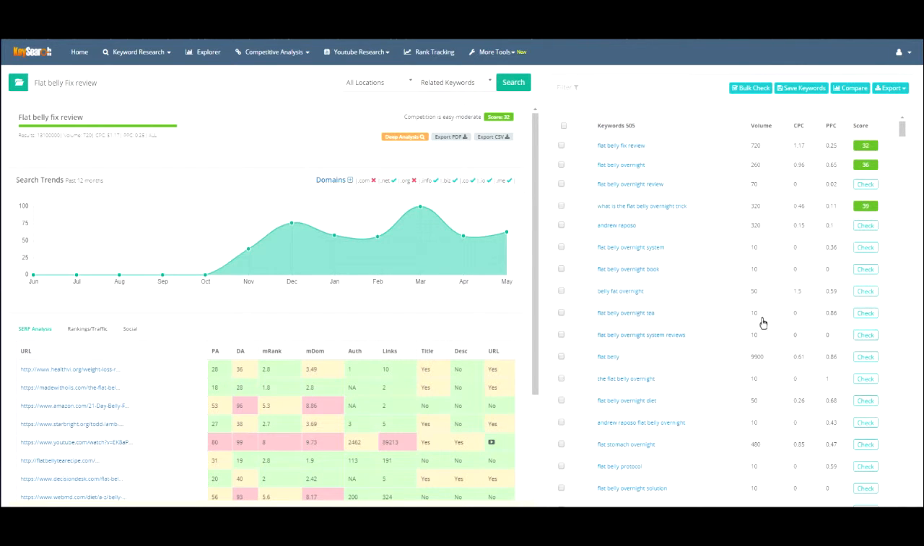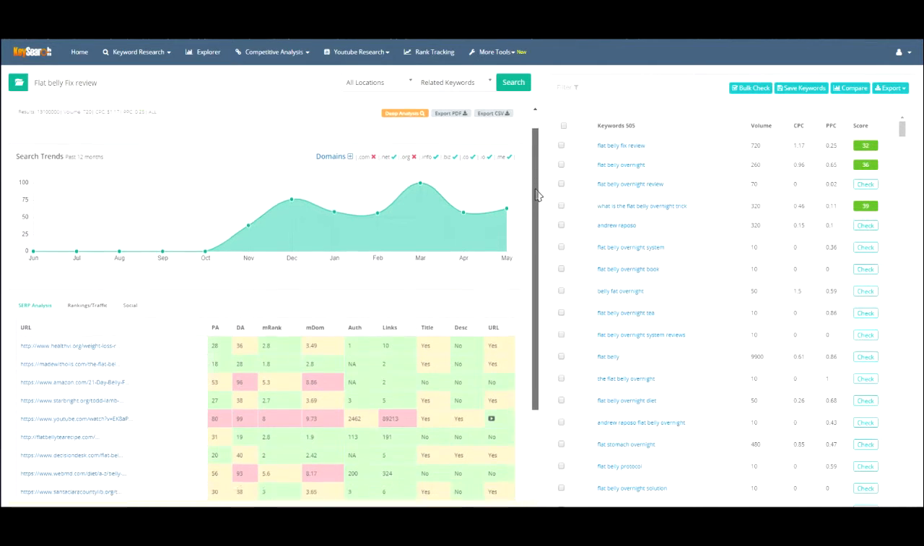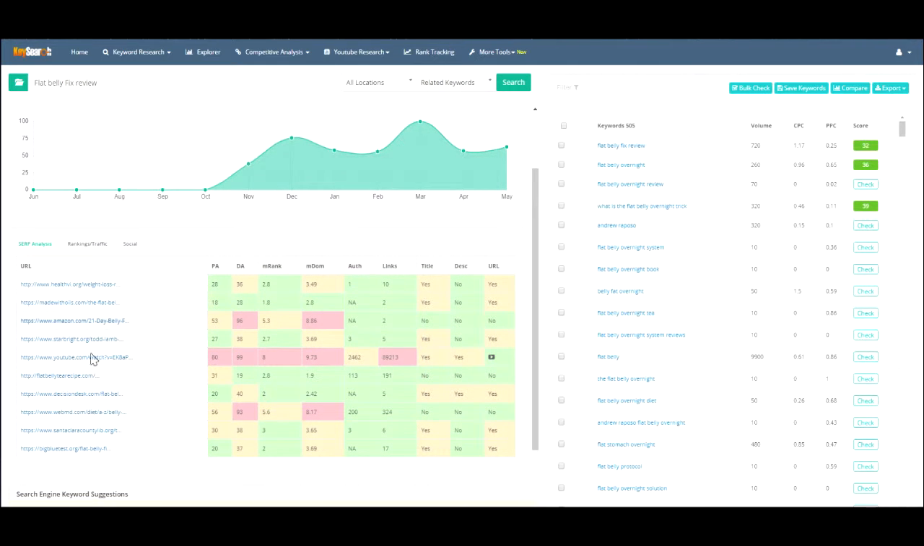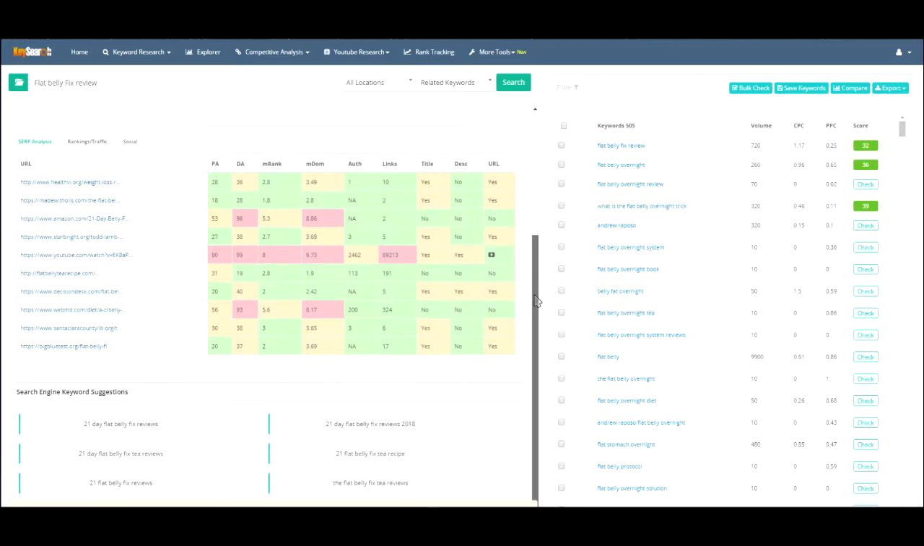So it shows you the related keywords, and if you come over here, it also shows the search trends. Then it also shows the top of the SERP, like search rankings. So it shows you who's on the first, second, and third, and it shows you their page authority, domain authority, their Moz page rank, Moz domain rank. It also shows you how many authority links they have, how many total links they have, whether they have the keyword in the title, in the description, and in the URL. So again, this is how you can use this information to outrank your competitors,